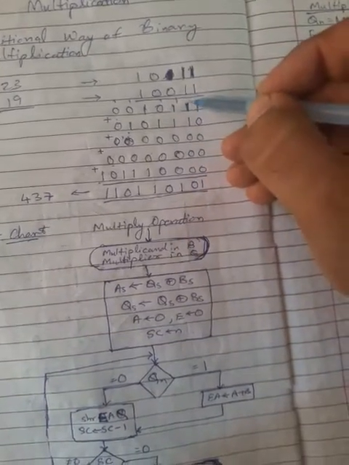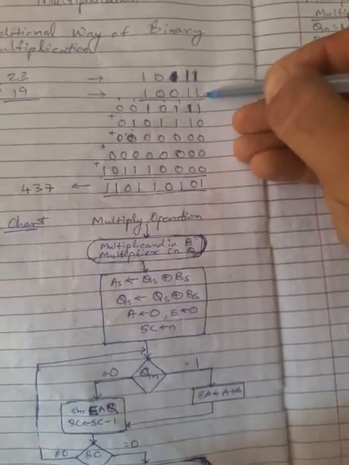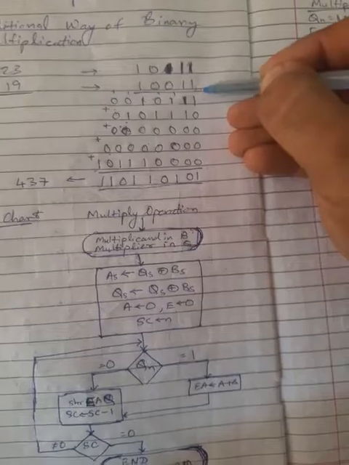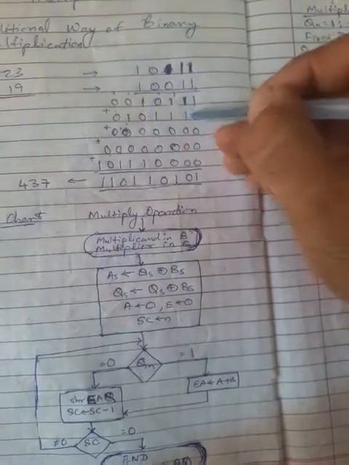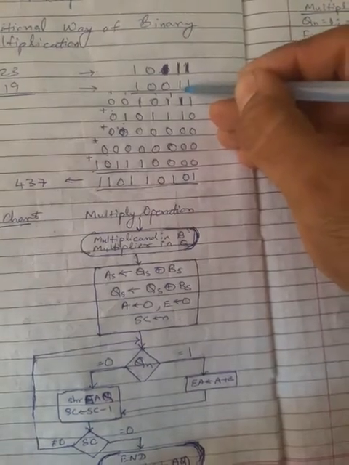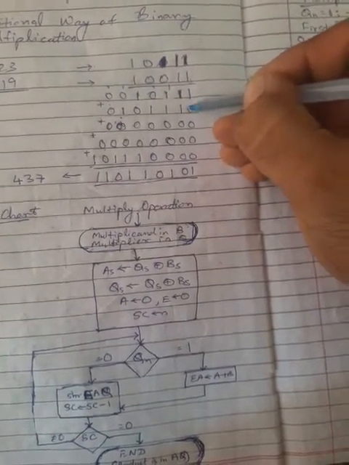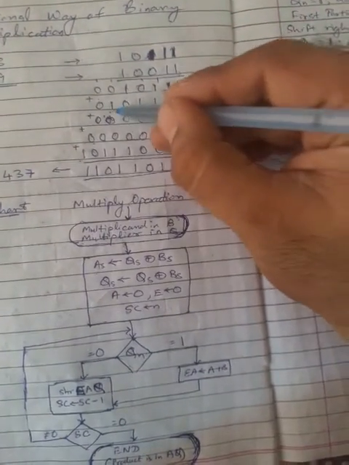So finally, when we are multiplying this one by one, what we have to do? We have to start from the right-hand side digit. So 1 will be multiplied with all of this, then we will get this. After that, we have to leave one bit and start from here, then 1 will be multiplied again.